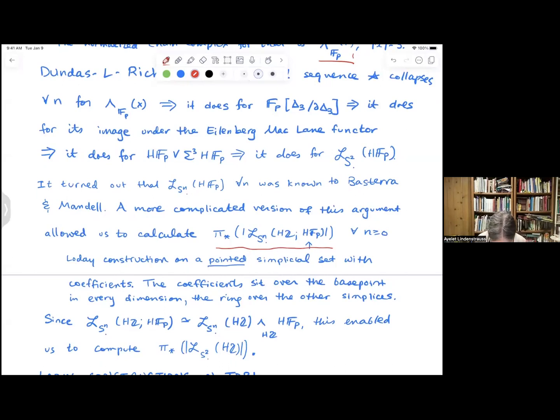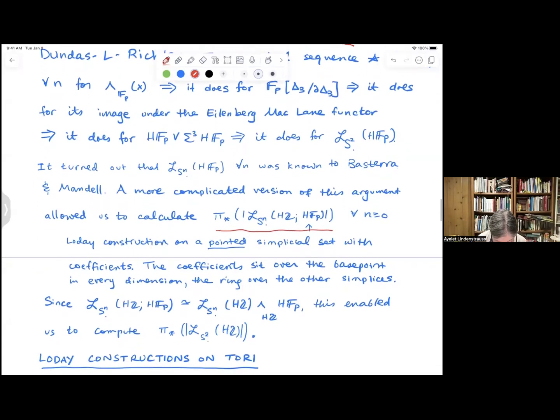So this enabled us to compute pi star of the Loday construction over S2 of HZ just by trying to find the orders of the p torsion, but it was complicated. And we started to try to do this for the 3-sphere, and it was a little hard. So we didn't do that, but